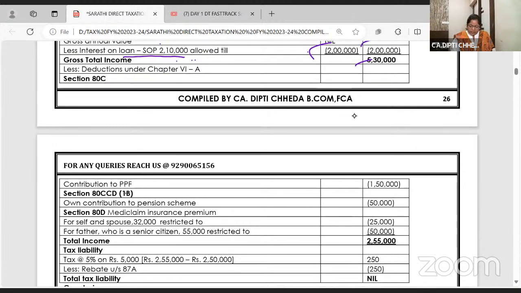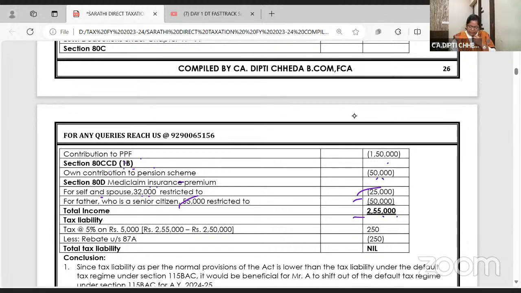Now, will you give deduction for PPF under 80C? Yes. 80CCD(1B) pension scheme? Yes. Though you have paid more, under 80CCD(1B) contribution to pension is allowed only up to 50,000. For self and spouse, 32 restricted to 25. For parents, 55 restricted to 50. So your total income is 255, and 250 is exempted, and on 5,000 you pay tax at 5%, and you